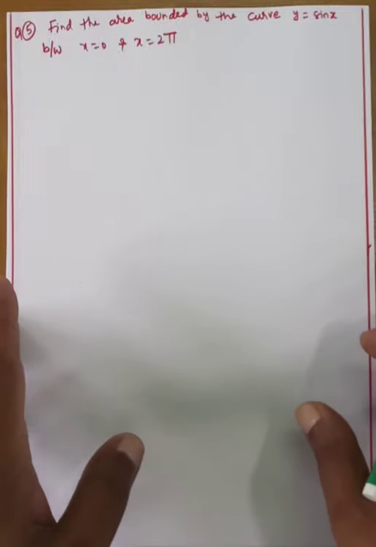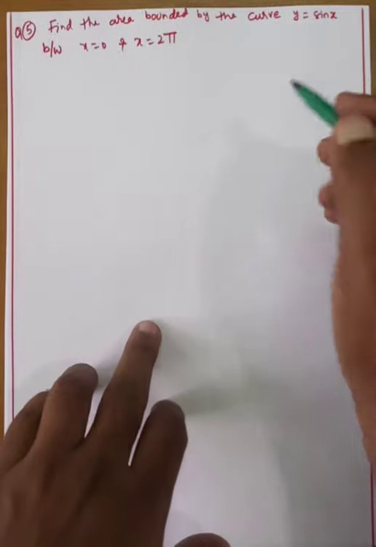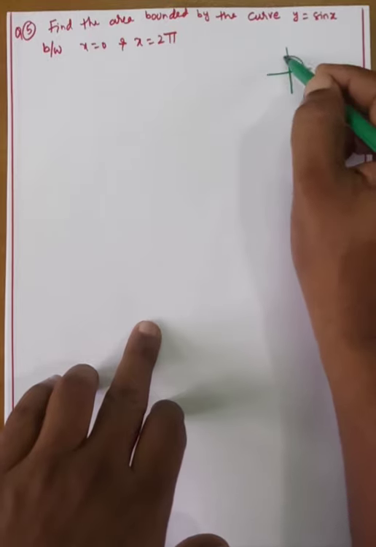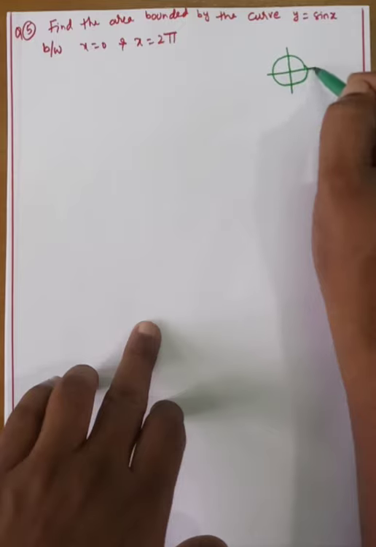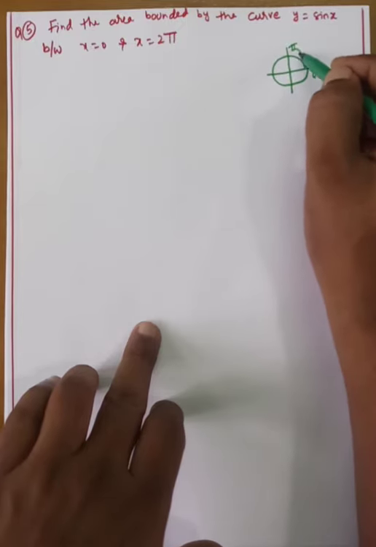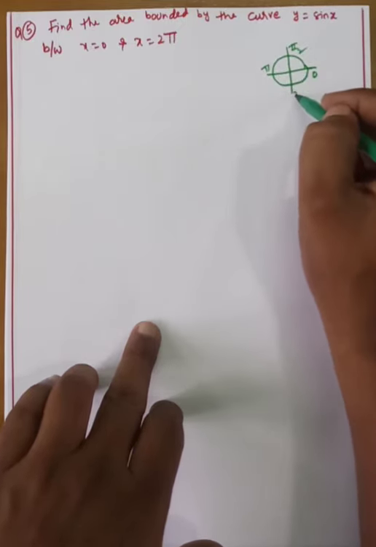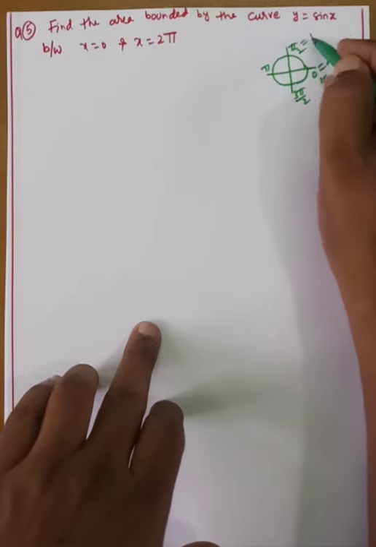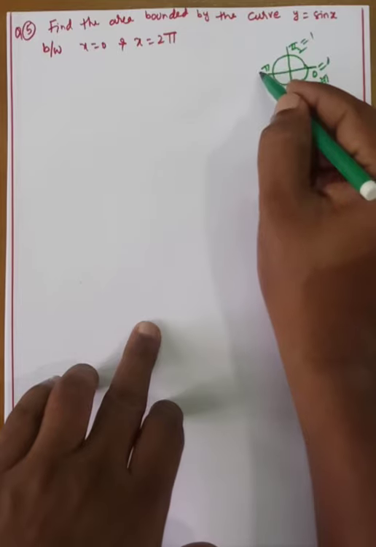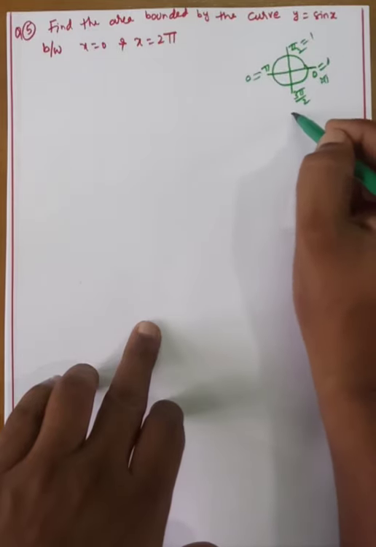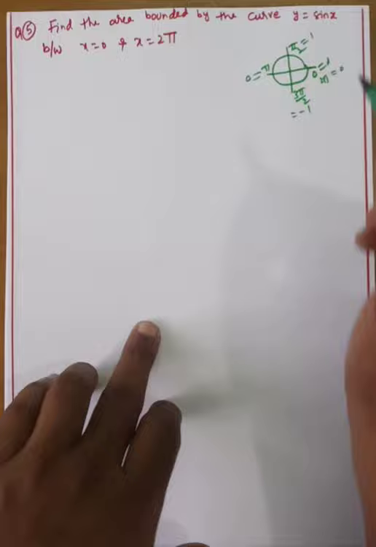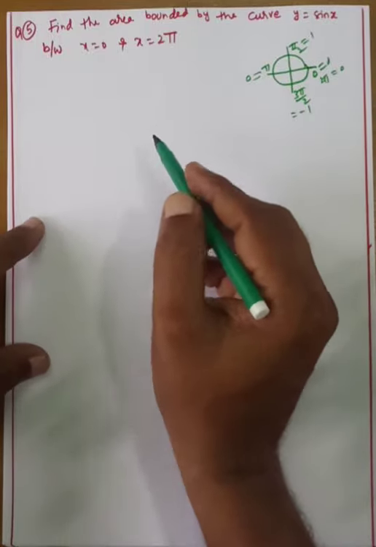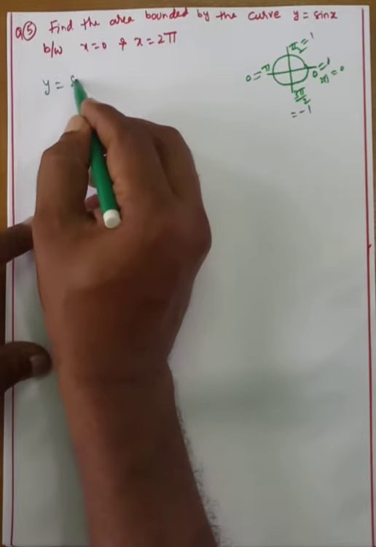Okay, now you know the values of sine. For suppose we will take this circular path, means 0 to 360 degrees. Here observe, here is 0, this is 90 degrees, this is 180, this is 3 pi by 2, this is 2 pi. Sine 0 is 0, sine 90 we know. Sine pi is also 0, sine 270 means minus 1, sine 2 pi is 0. Now the curve is asked from 0 to 2 pi. Now the graph of the curve is given, the curve is y is equal to sin x.